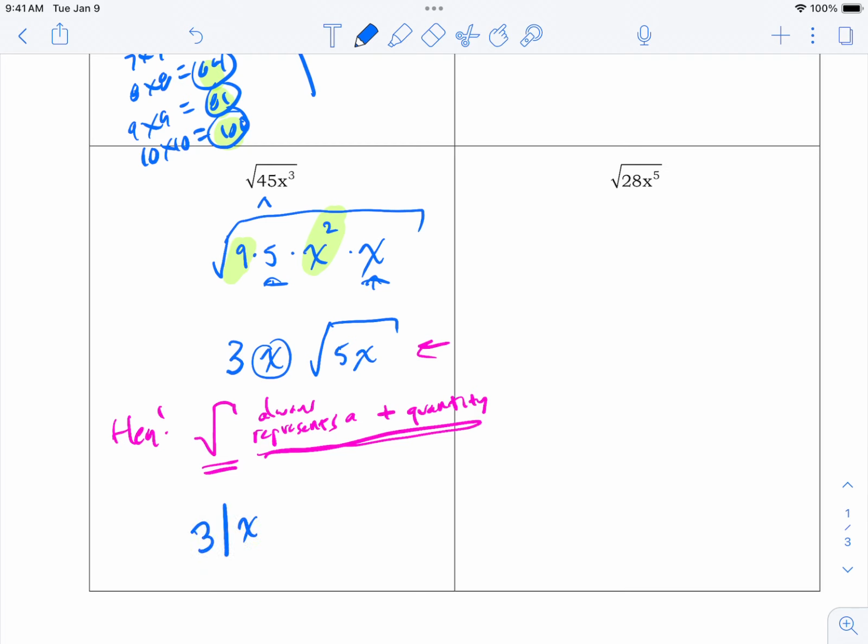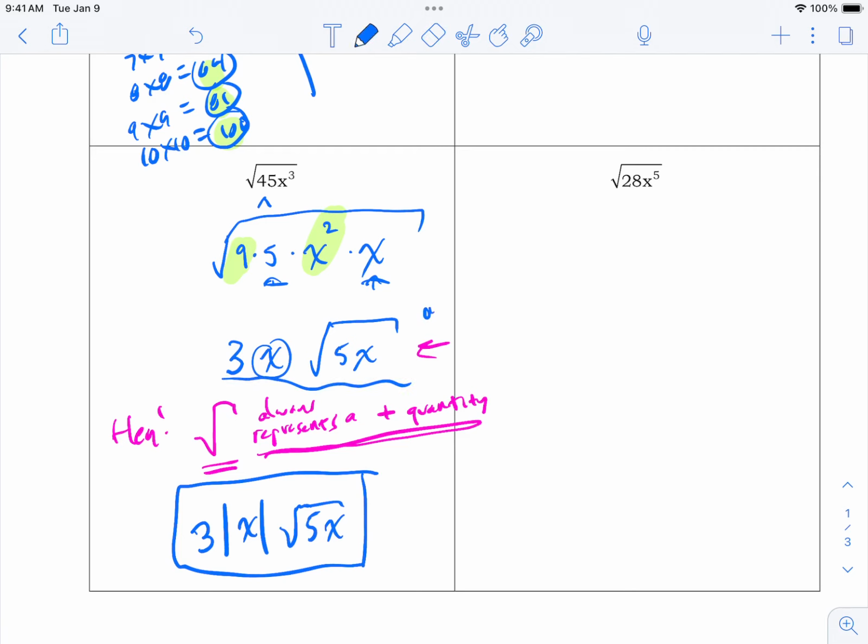Put the x in an absolute value. There we go. All done. So this is our answer. A lot of people don't really know about this whole absolute value thing, but it is crucial. You could not say that this was the answer,